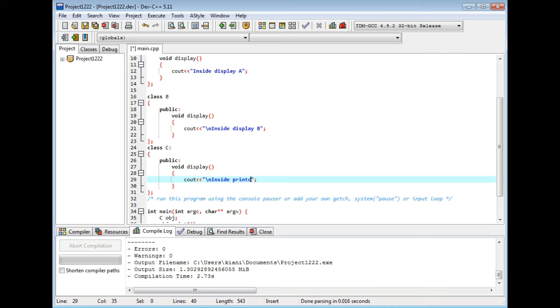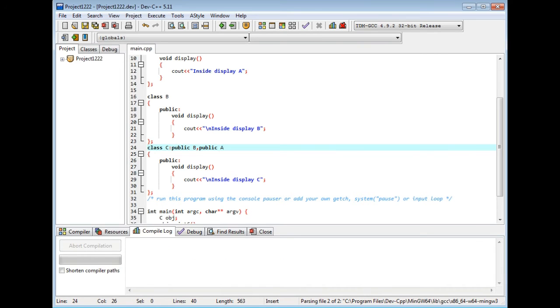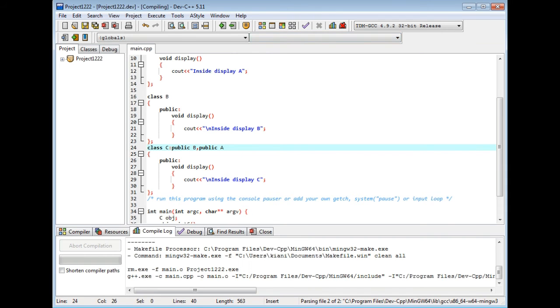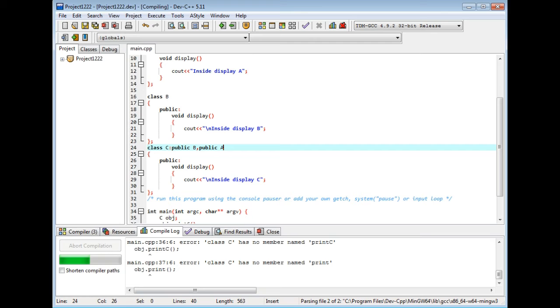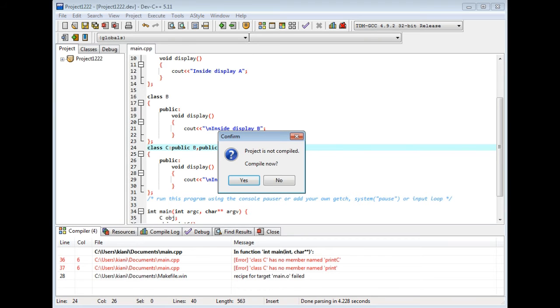Okay, so these are different versions. Okay, we inherit here public B and public A, and the functions are the same.